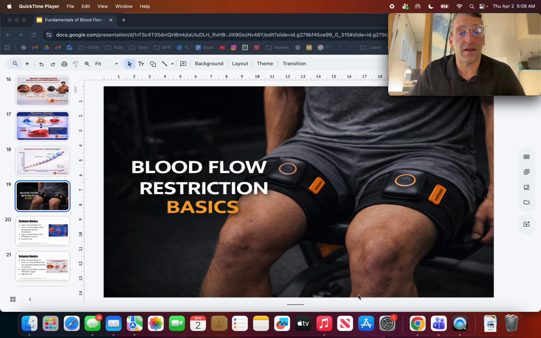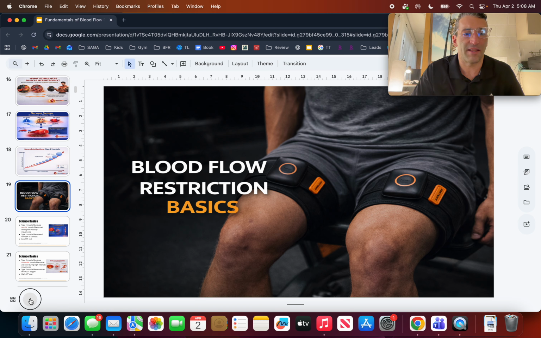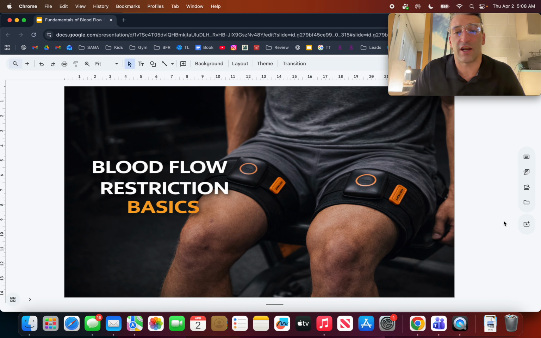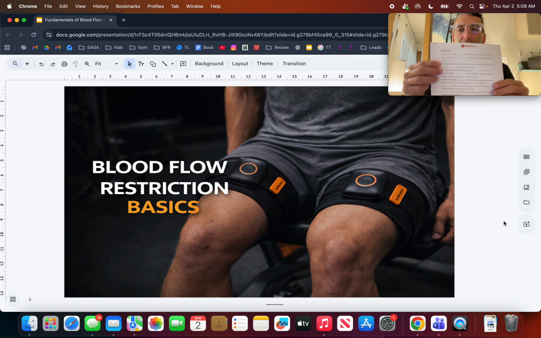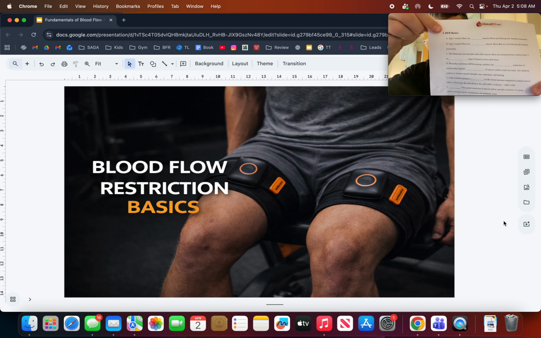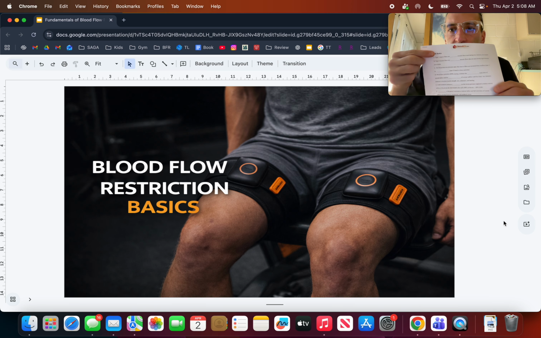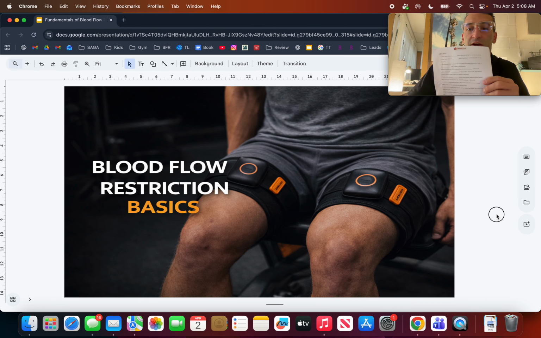This is section 3, blood flow restriction basics. Now in this section, this will be the first section in our guided notes, and it will be included on our post-test certification. So if you grab your guided notes, you'll notice BFR basics, and then you notice here, type 1 muscle fibers are, and there's a blank. If I go to the next slide,